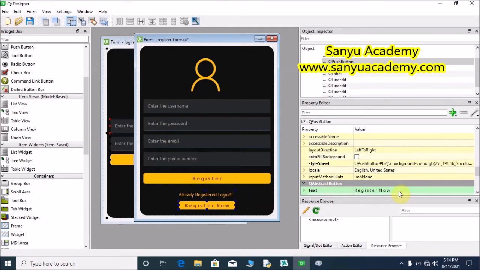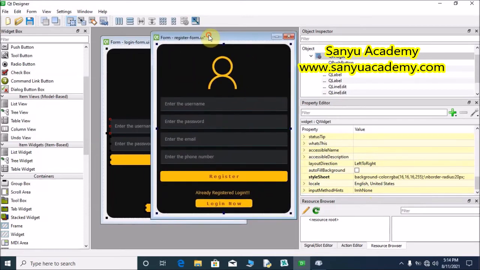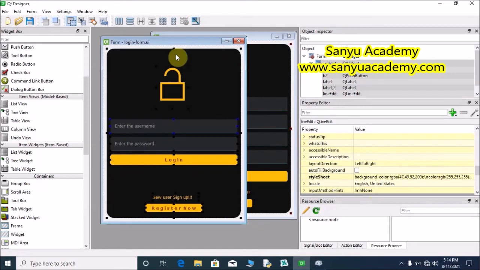Change the button to Login Now. Now we have created the registration form and login form.